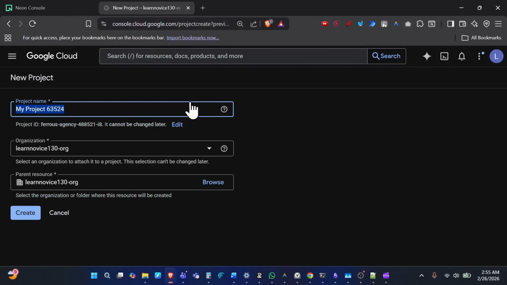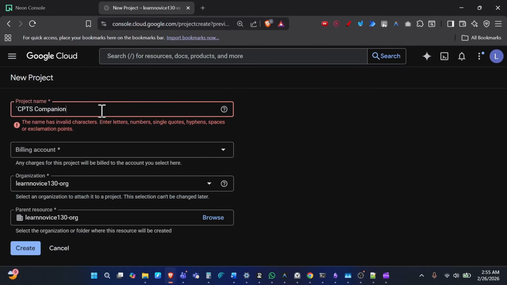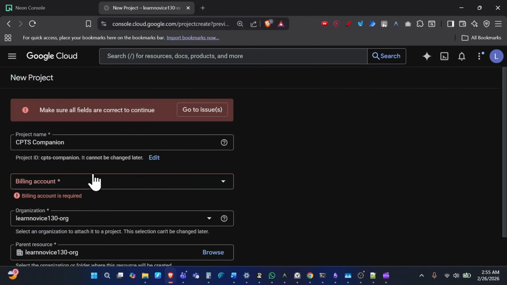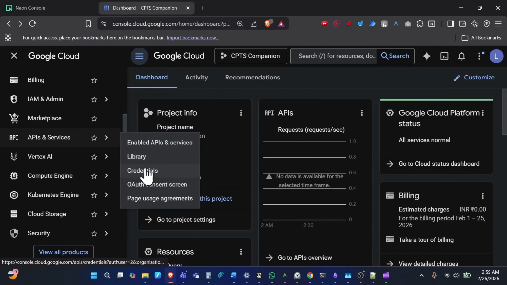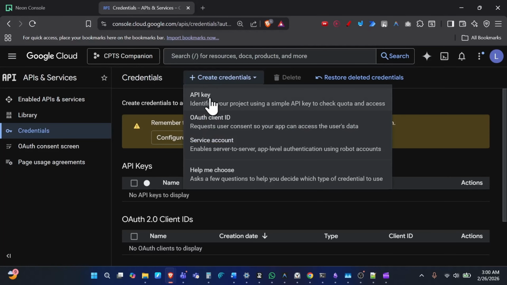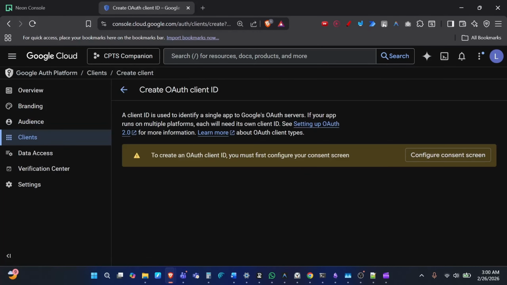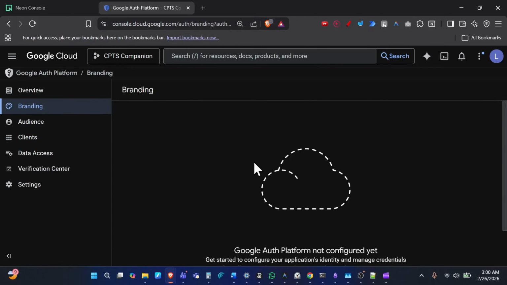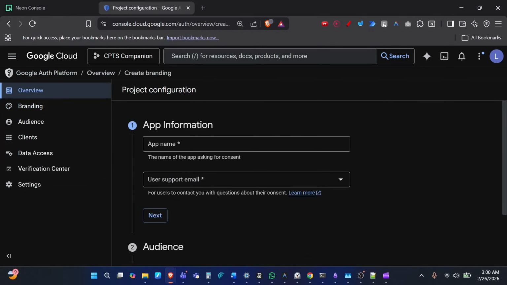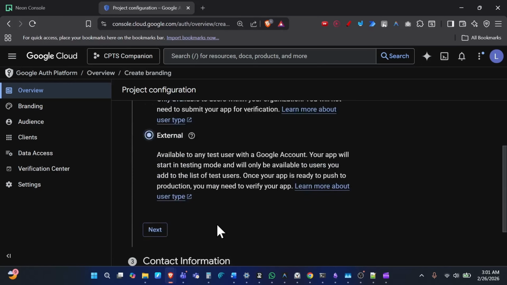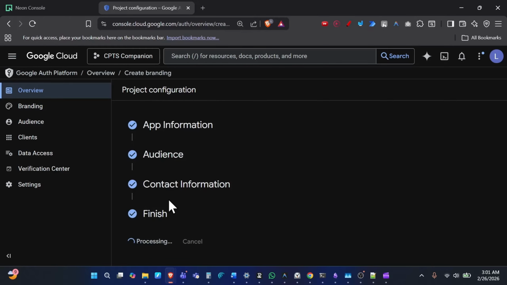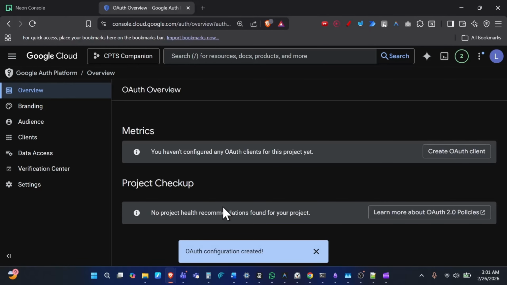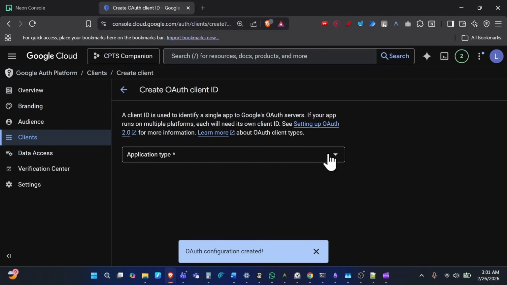Google Cloud Console: new project, create OAuth credentials. So basically you create a project, and you need to create a billing account. After it is done, you need to go to APIs and services, and there go to credentials. So you can go to OAuth client ID, and if you need to configure that, just do it. It is pretty simple. Scroll down a little bit, you'll see get started, and then you just type in basic information, name and everything, and learn Novice. You can select it, and after that you just hit finish and then go back to the client OAuth ID,